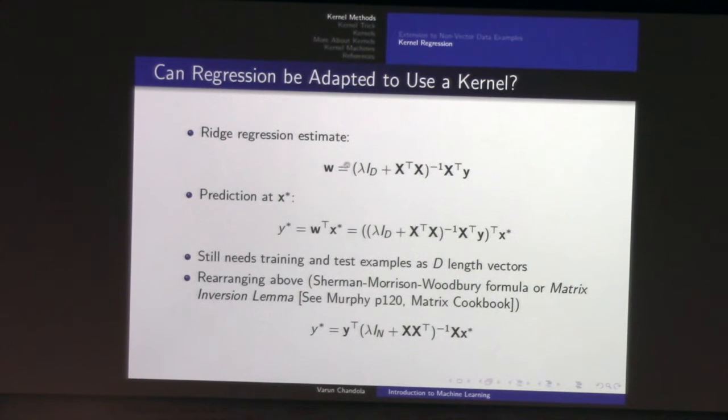You estimate the parameters using your training data, and then to compute the prediction at a new point, you do y star is equal to w transpose x star. And actually, this would work even if you're doing logistic regression, because in logistic regression, all you do is compute w transpose x star and then you do the sigmoid of that, right? So the kernel methods would still hold. Here I'm just giving you an example